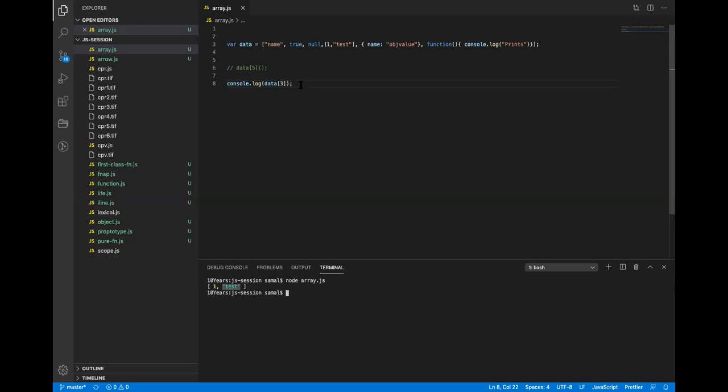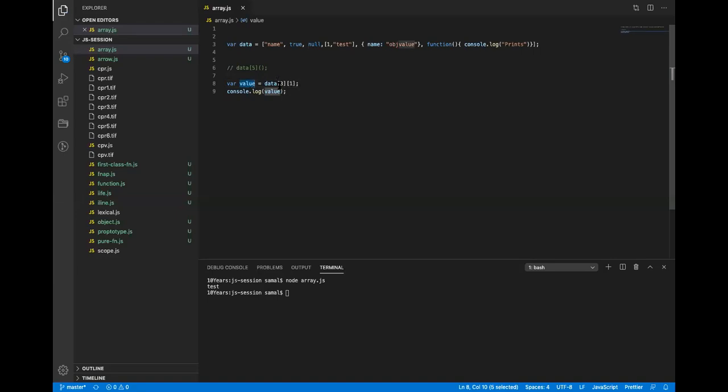What will be the syntax for that? Square bracket 1, because there are only two items. I can just copy this. Now if I run this, it prints the value, right? Again, we don't have to assign this to a variable, we can directly reference it.